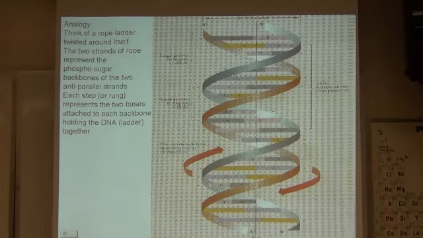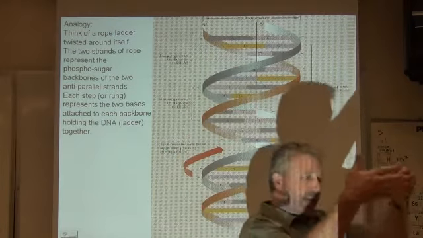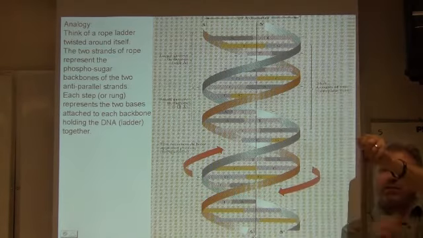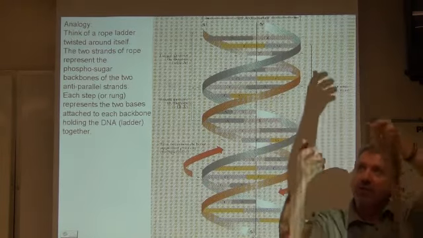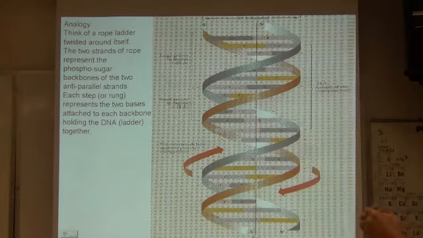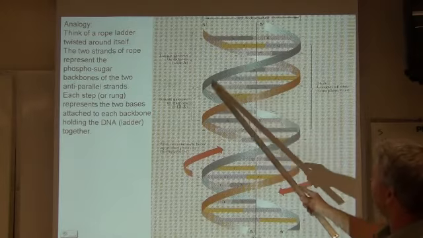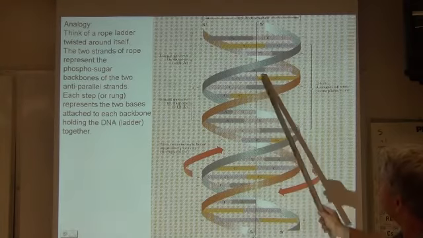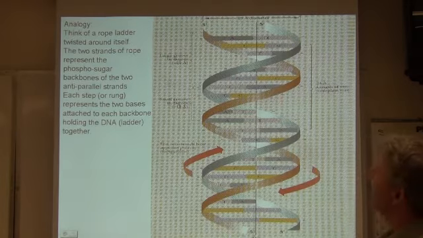And the best analogy I can give you is to think of a rope ladder. Okay? You take a rope ladder and you connect the rope ladder at the top or bottom, it doesn't matter, at the top, and then you wind the rope ladder around the central axis. You don't twist it. You don't take the rope ladder and twist it. You hook it up and you wind it around. That's the best picture of a segment of DNA. You're connected at the top, and this rope ladder is wound about this central axis point. So you can see the ladder is spinning around it. It's not twisted at all. Okay?